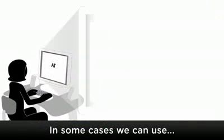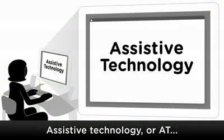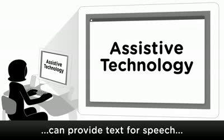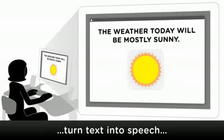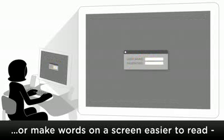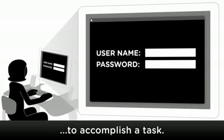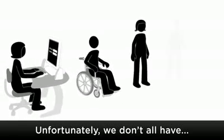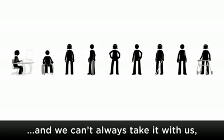In some cases, we can use assistive technology to bridge the gap. Assistive technology, or AT, can provide text for speech, video chat with captions, turn text into speech, The weather today will be mostly sunny. or make words on a screen easier to read. Computer login screen in high contrast. Whatever the user needs to accomplish a task. Unfortunately, we don't all have the assistive technology we need, and we can't always take it with us to use